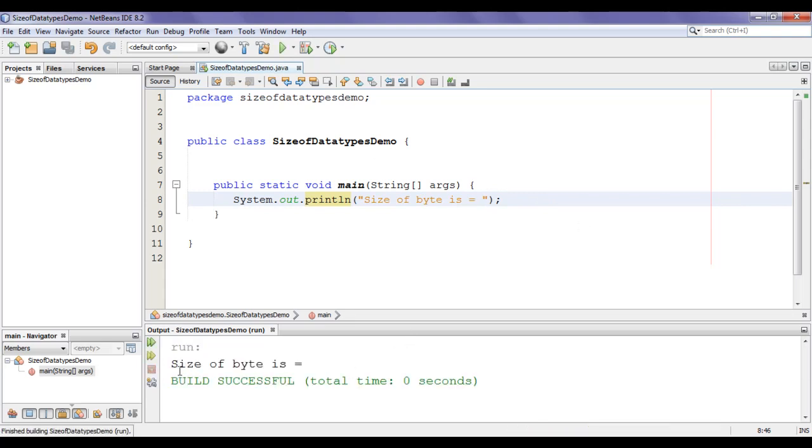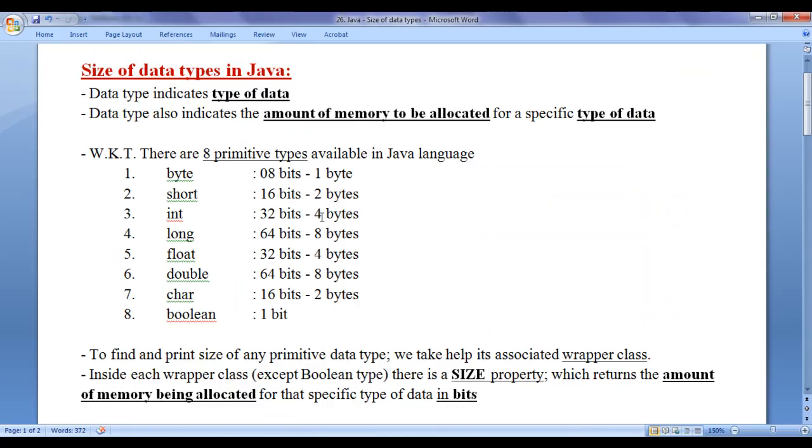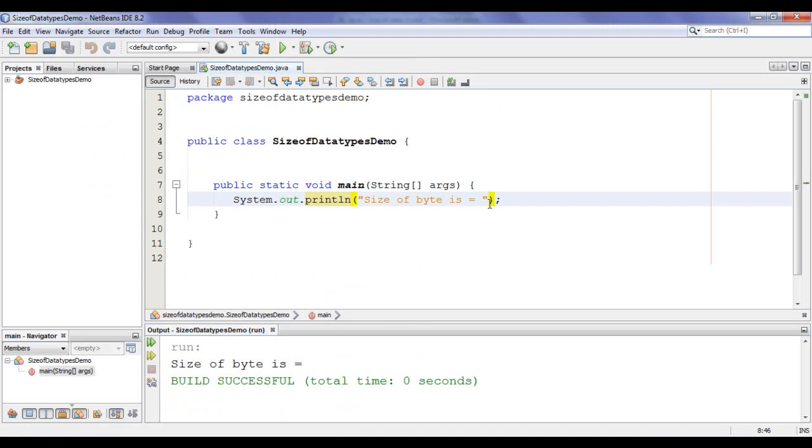You can see that it has displayed size of byte is equal to. In front of it, I want to display 8 bits because size of byte is 8 bits. How do we display? I write here plus, then I take help of associated wrapper class Byte, where B is capital.